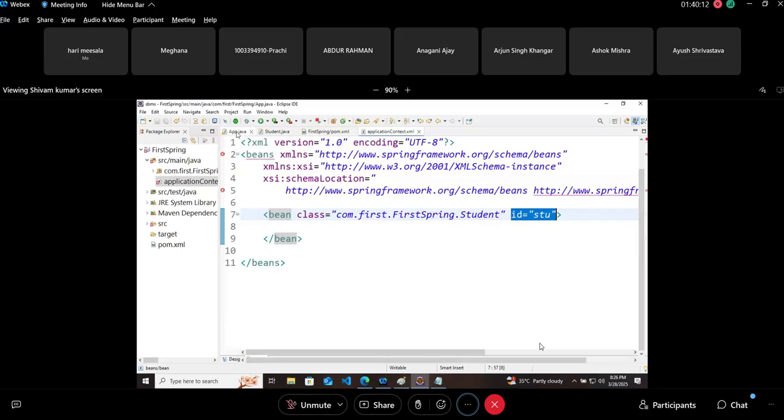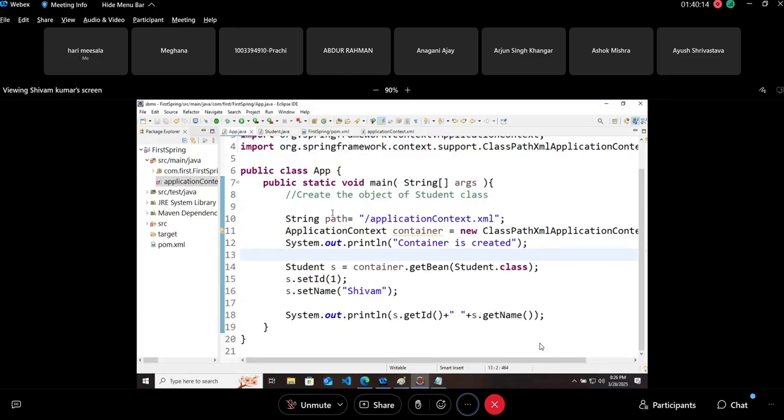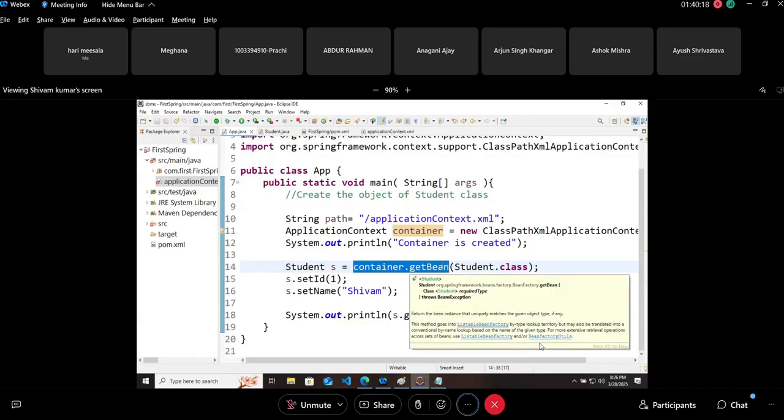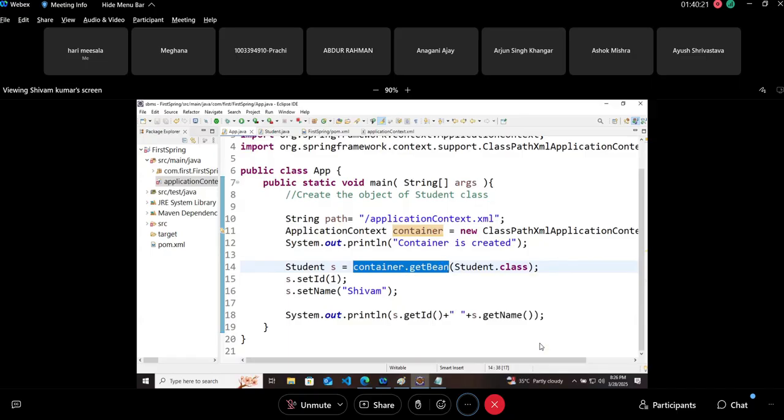The question is here container.getBean. Okay, this is the method I told you: container is a place name and getBean is the method name by which you can get the bean. Fine. Then we are writing the class name that is Student.class.